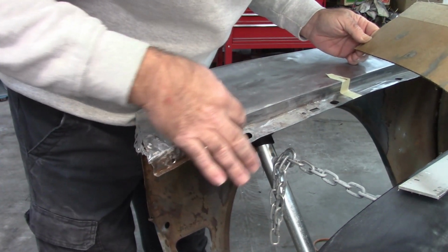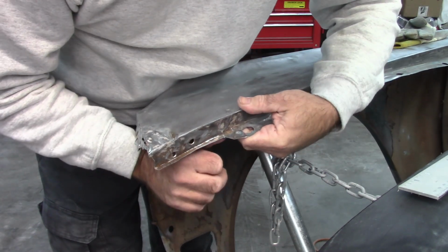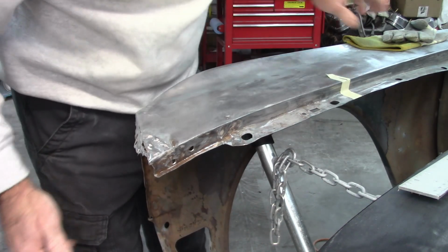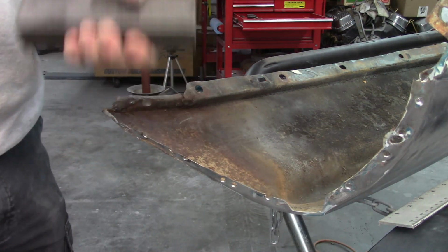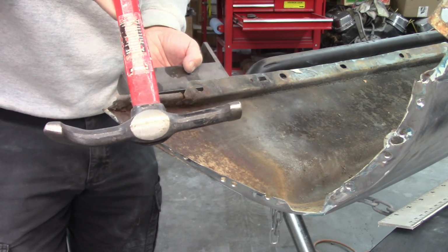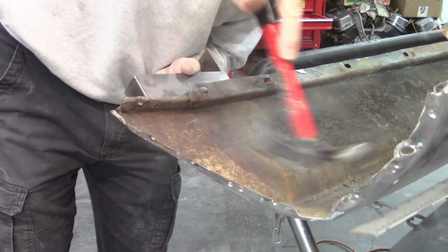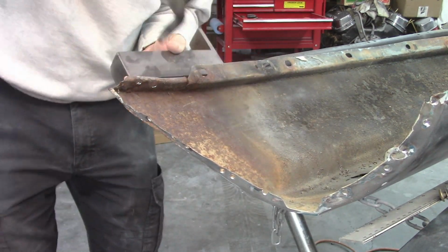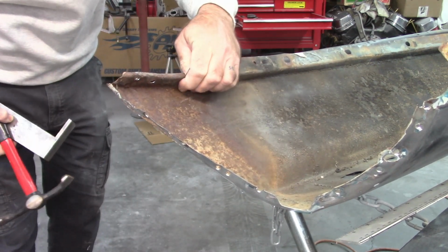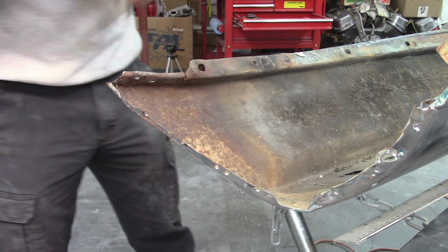I still have to work this and get it flat, and to do that I'll probably use a hammer and dolly, come in from the back side and try to flatten that piece back out. You can see it moves, but I'll have to work on that a little bit. So I have this big bar, and I'm going to use a hammer that's made for like door skin repairs. It's already an improvement. I should be able to